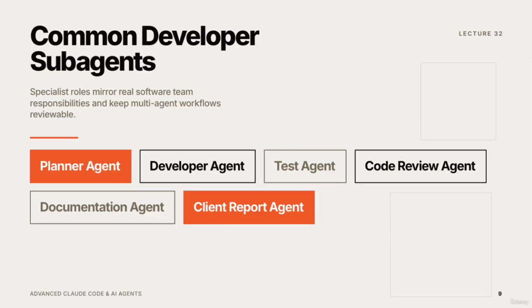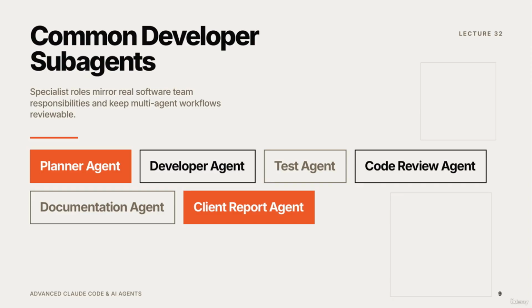Here, we're looking at common developer subagents, which represent different specialist roles that mirror the responsibilities found in real software teams. This setup helps keep multi-agent workflows transparent and easy to review. The key subagents include the planner agent, who organizes the tasks, the developer agent, who writes the code, the test